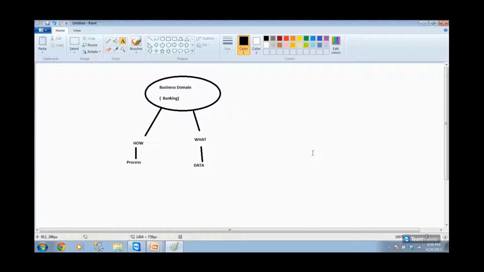But when you say, sir, how do I close an account, then he will tell you this is the process you have to follow. So whether banking or insurance or hospital or health or tourism, anything you take, you have only two things to understand. If somebody says we are automating, we are computerizing our business, then only two things you need to capture. One is the process, and the other is the data of the business.